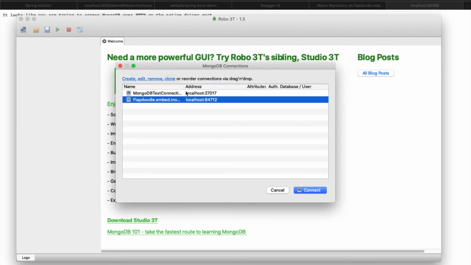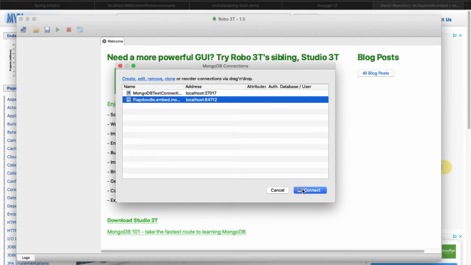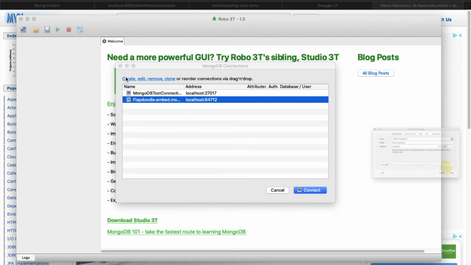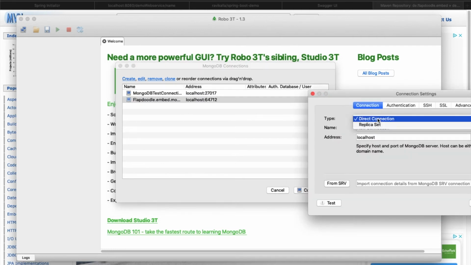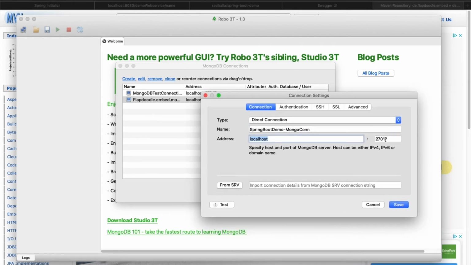So here we have to create a new connection, direct connection. Localhost, and the port is the one we have chosen. Test connected.